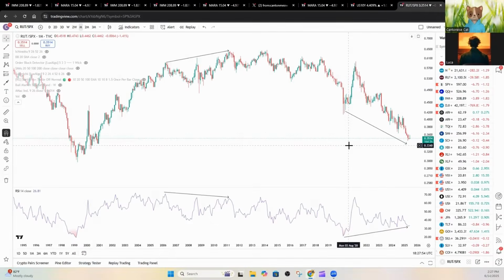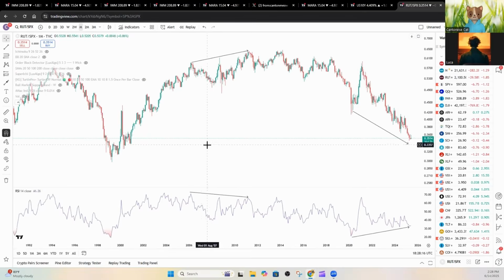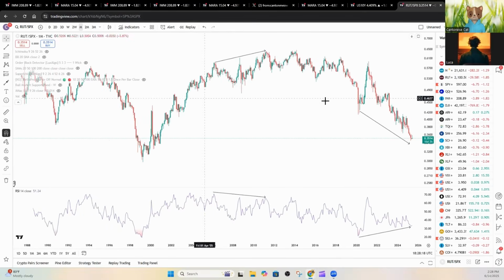The other thing too is, when you're referring to the Russell 2000 and the S&P 500, the large versus small cap argument, you're extremely correct. Over the last 5 years, small cap has just been wrecked compared to large caps. This is the Russell 2000 over S&P chart, so RUT over SPX. And with this symbol, I can actually go back a lot further, all the way back to 1988.